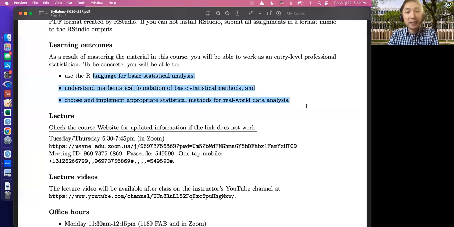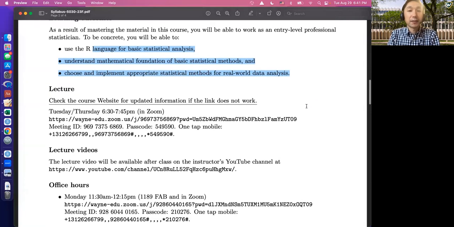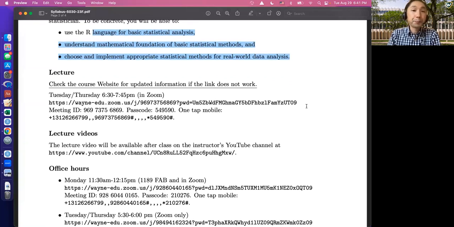This is kind of a busy course because we offer this course in the mathematics department. Most of you have a stronger mathematics foundation, but you may not know well the statistical computing, the statistical theory, and also data analysis. So it's a little bit busy course. If Wayne State had a statistics department, maybe we could prepare one course for the R language and statistical methods and another course for data analysis, but we have to put everything in one course. So it's a little bit busy course.